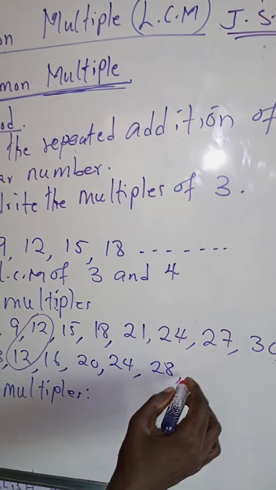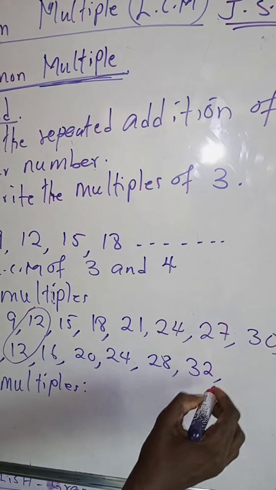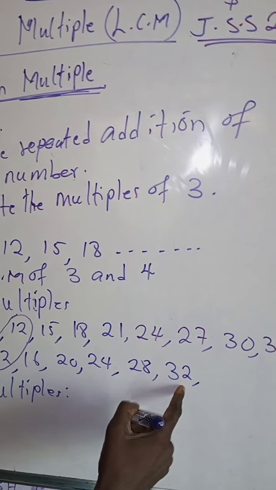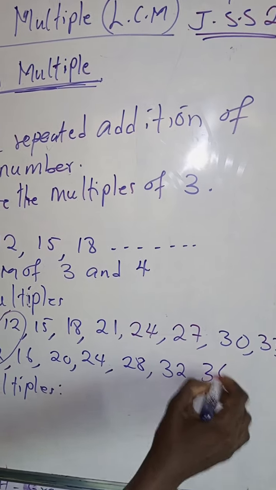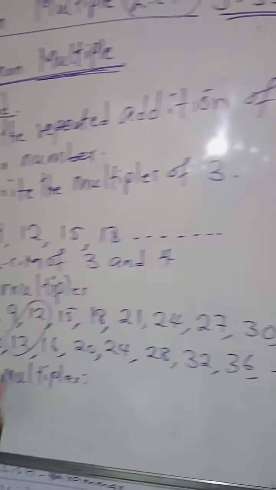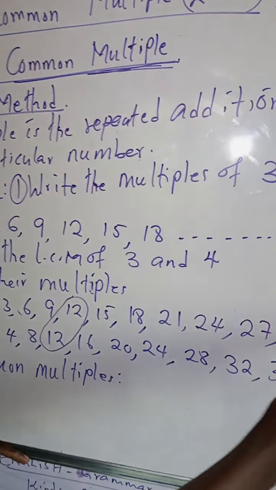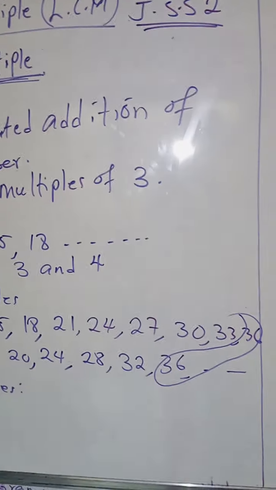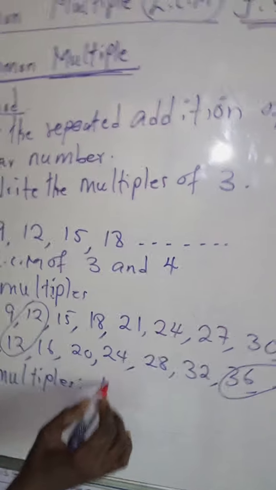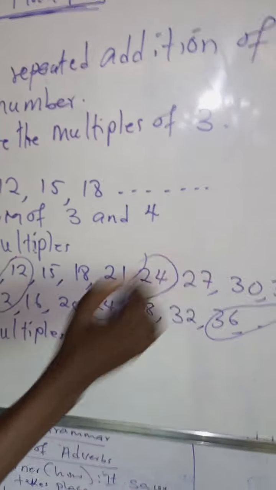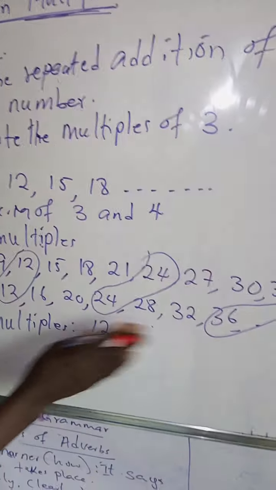And if I move here, I have 20, 32. After 32, let's add 4 to 32. We have 36, and like that. So if you now look at it, you see that 36 is also what? Common. So we have 12. Thank you. 24 is also common. So we have 12,